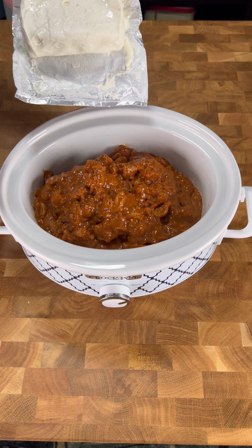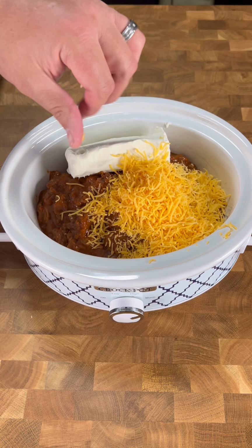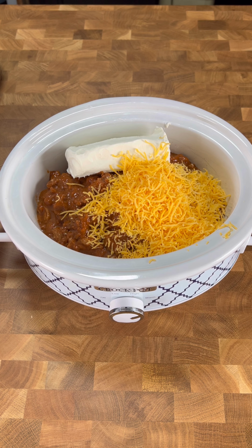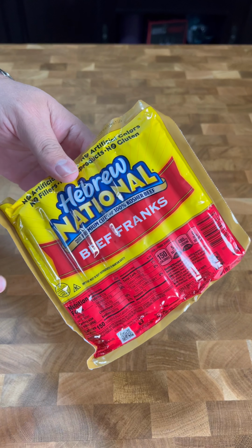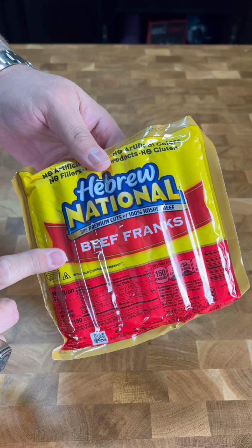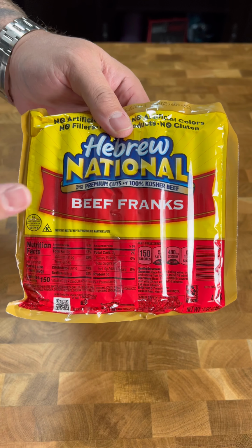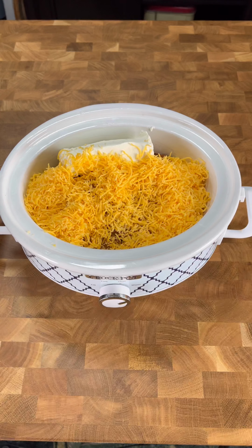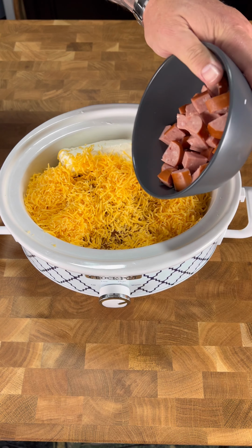To add to the cheesiness, we're going in with a block of cream cheese and a couple handfuls of cheddar cheese. We're throwing a little smoked sausage, and then we're gonna throw a little of these beef franks in there too. This is gonna be a great meaty chili cheese dip. And this was a meaty chili already, but we're gonna level it up with a little bit of smoked sausage